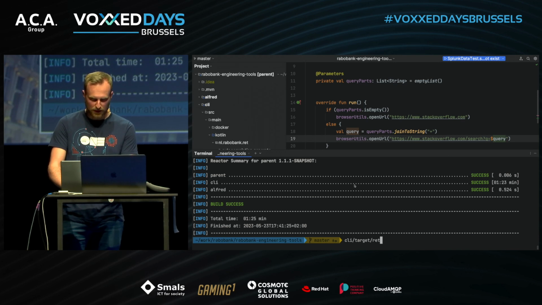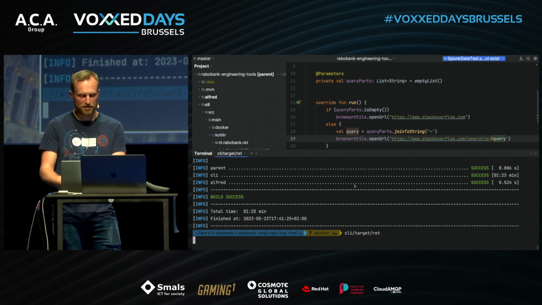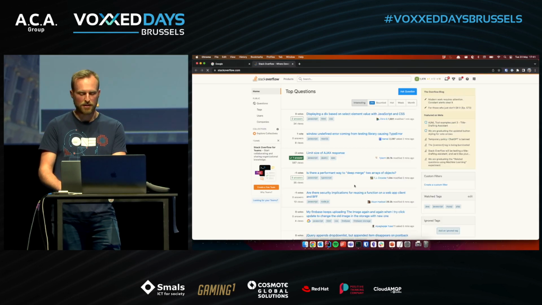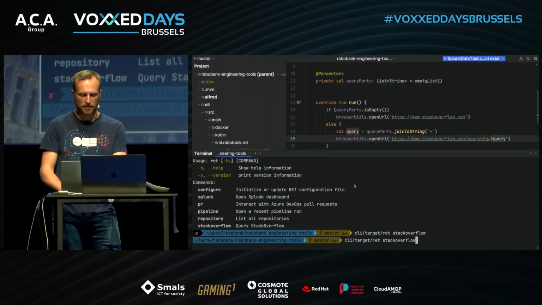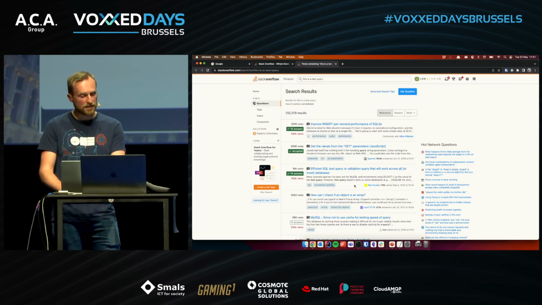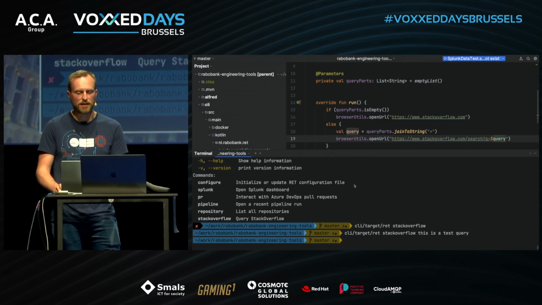application. So it's under CLI/target/red, and here we can just press enter and get the same help text. And here we can go to Stack Overflow, and we can do the same, like this is a test query or something like that. So that's basically really cool. We also automatically generate the auto-completion for this and stuff, but that's a bit too much for this